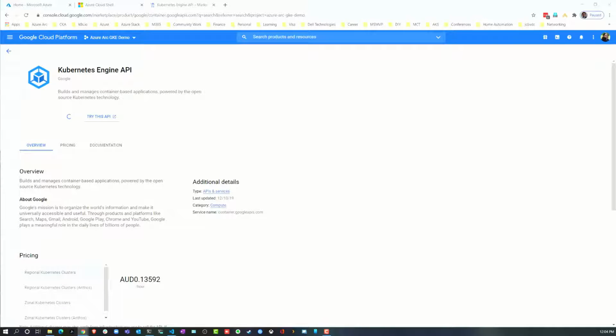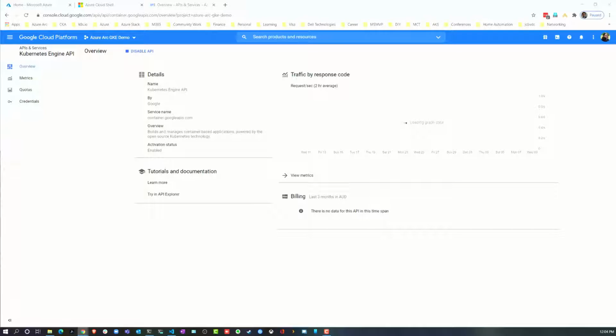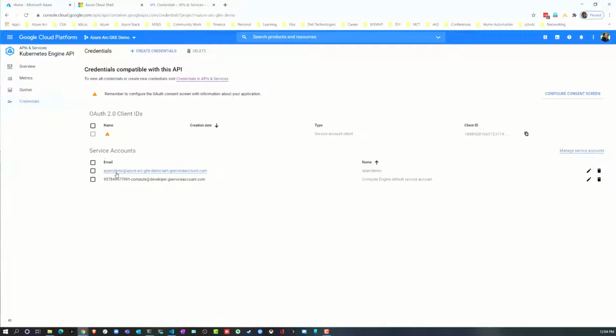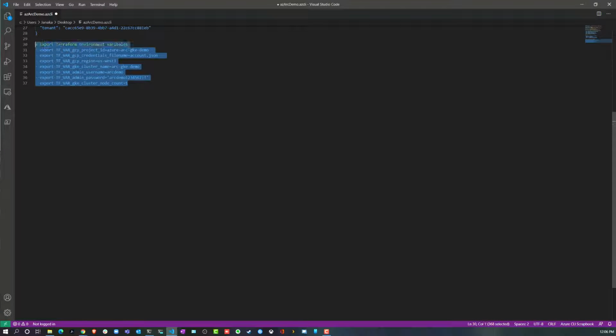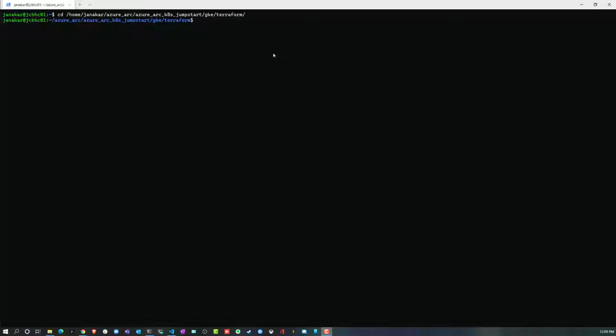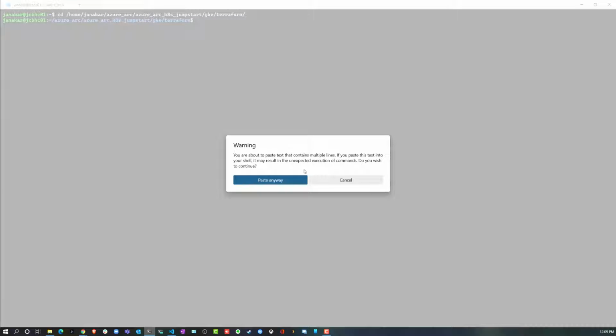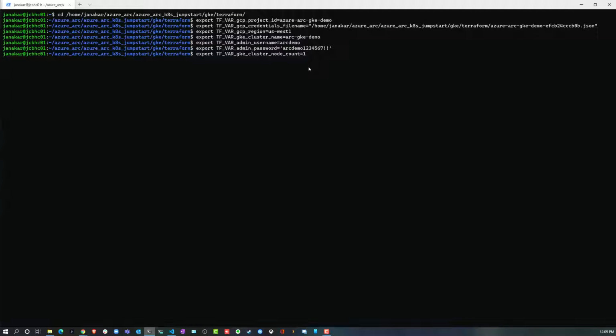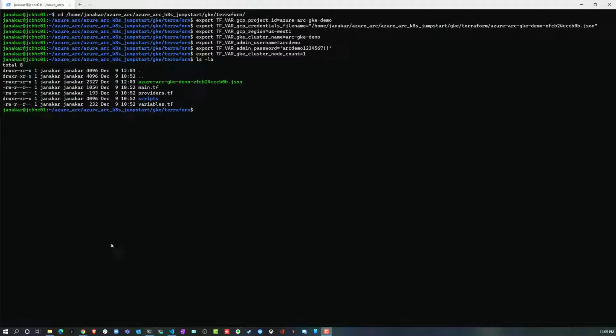So I'm not going to explain much detail about what Terraform is and how it works. At this stage, what I have done is I've installed Terraform on a virtual machine, in my case the WSL environment, and I have cloned the repository. In that repository, the code is able to deploy a GKE cluster to the GCP console. So what I'm going to do is provide the parameters, the environment variables required for Terraform to identify my GKE cluster. So you can see that I have given the GCP credential file name with that JSON